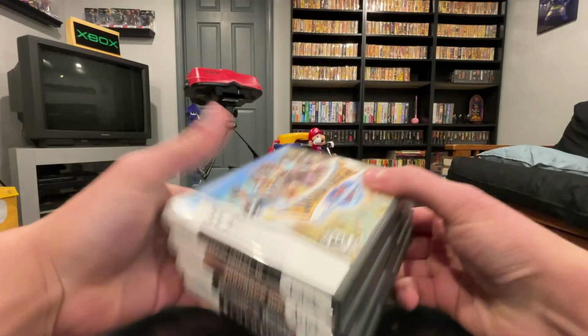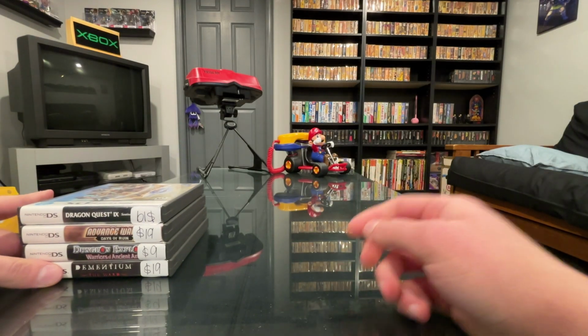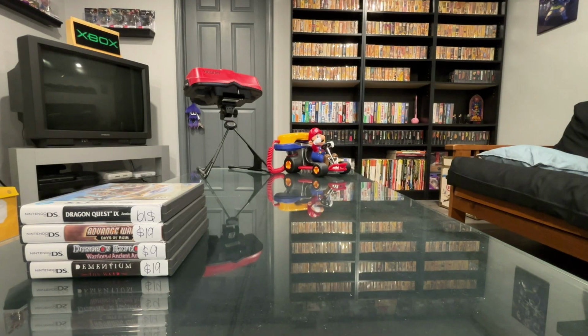But then I go to the other pawn shop. Don't score quite as hard there, but I still did pretty well. Can't complain. So this pawn shop's weird because they have a ton of games there, but a lot of them are overpriced. And what happens is that I feel like they just randomly price their games like based off of nothing. So they don't get games in a lot, but when they get games in, they will either price them...